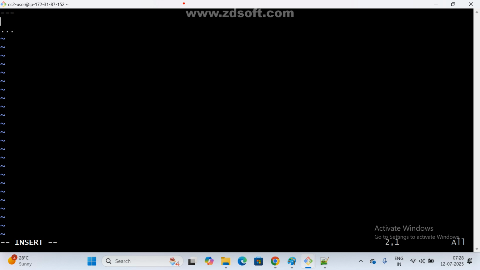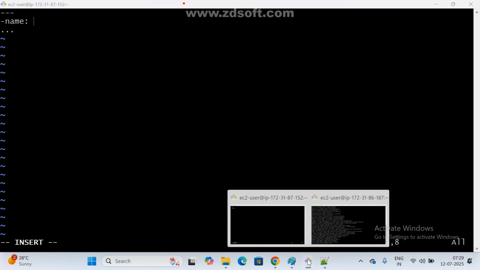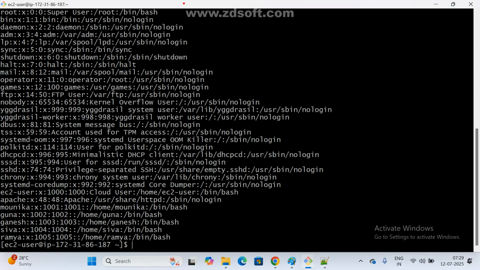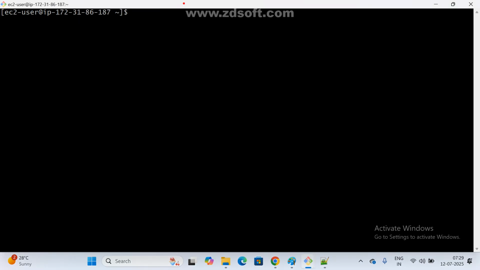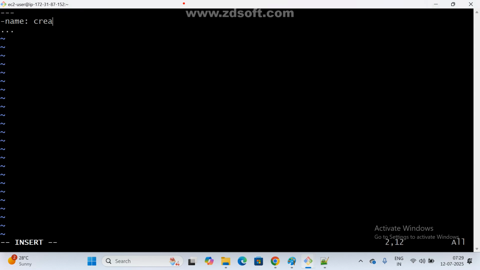Now, hyphen name. I want to create five files at a time. If you want to create five files at a time, which command do we use in Linux? Touch command, right? So we are using the touch command. We can use array format. Same thing. Create